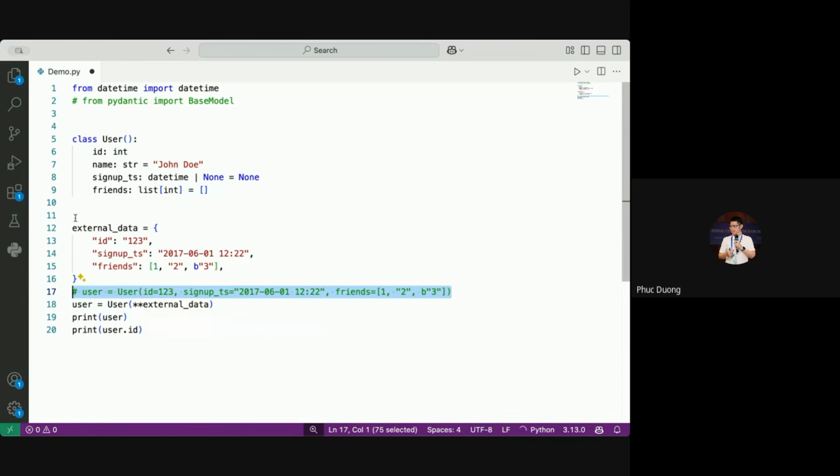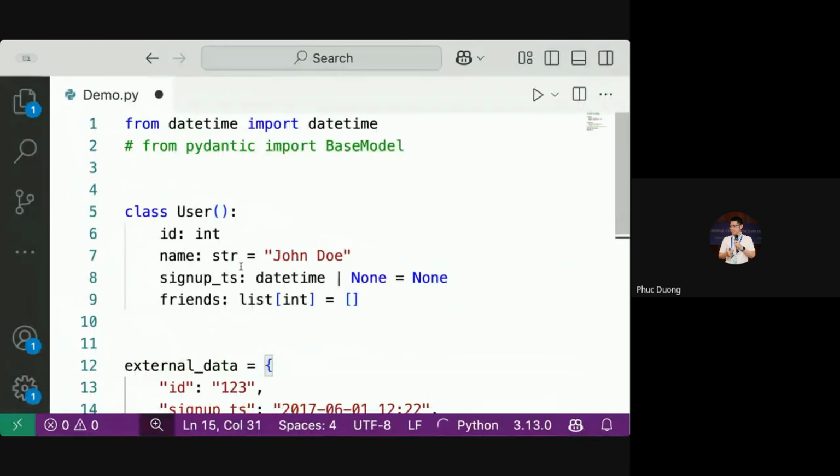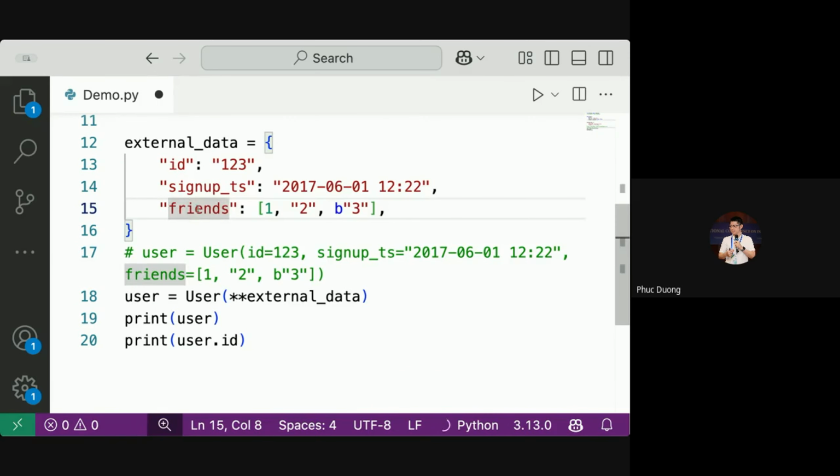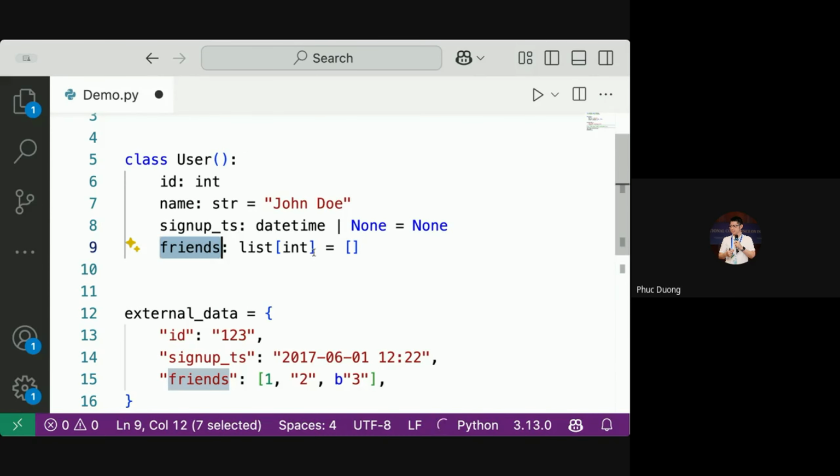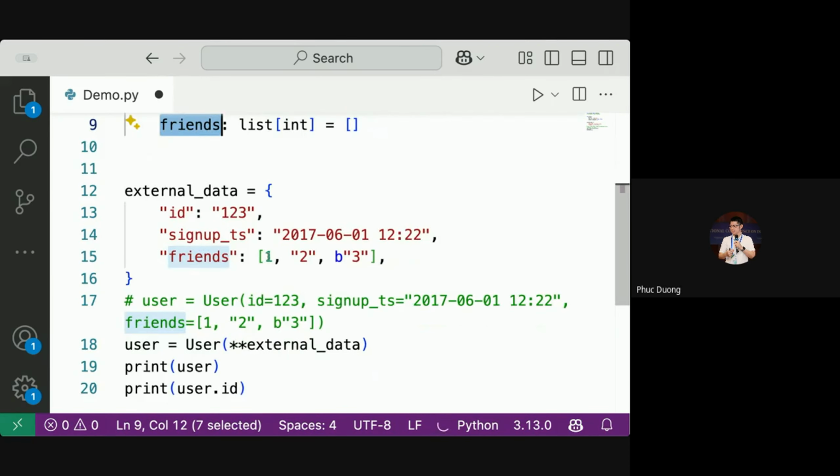So you can see that in this case the Pydantic model is powerful because, as I mentioned earlier, in this program friends is a list of integers. Each member of friends is an integer value. So in this case, only 1 is an integer, 2 and 3 are not integers. 2 is a string and 3 is another data type.